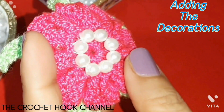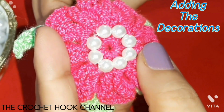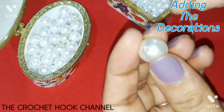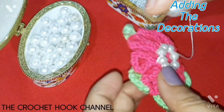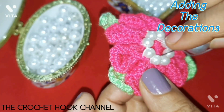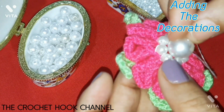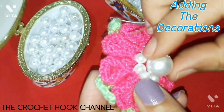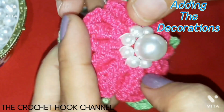And now we're going to put the central bead, so I'll just take out the same thread here. Keep the thread a little tight. I'll take this big bead and see, my thread is here, so across it horizontally, taking the diameter, I'll insert my needle here from this end and I'll just take it out on the other side, and this much will be enough for the bead to be properly in. But still, if you wish,